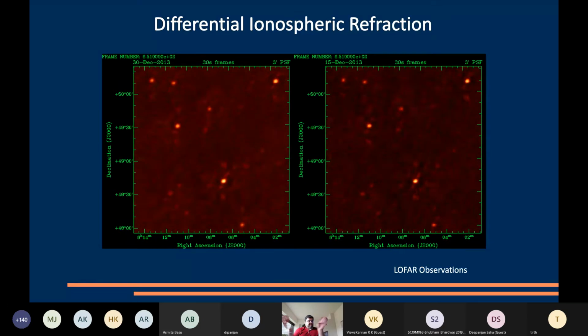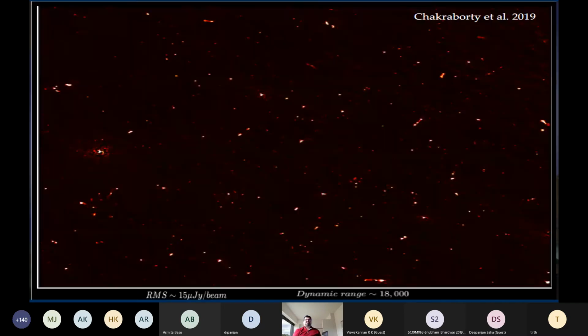So if you actually collate all this data, these point sources, or the so-called compact sources, will appear to be diffuse emission kind of a thing. So you're making a wrong judgment in that sense. So you have to calibrate for this, and for that reason, this is a single field of view. The ionosphere over here is not the same as the ionosphere over here. So you have to do this calibration, which is direction dependent.